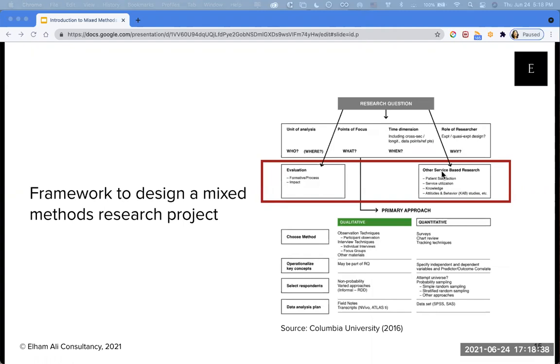When you're thinking about your mixed method research, you always want to first, step one, identify the research problem that you want to study or investigate. It's a very intricate process, and we could dedicate a whole event to it. It essentially covers the 5 W's: the who, where, what, when, why. The who and the where is your unit of analysis, and your what is your point of focus. And you want to make sure that your point of focus has a really important reference point,